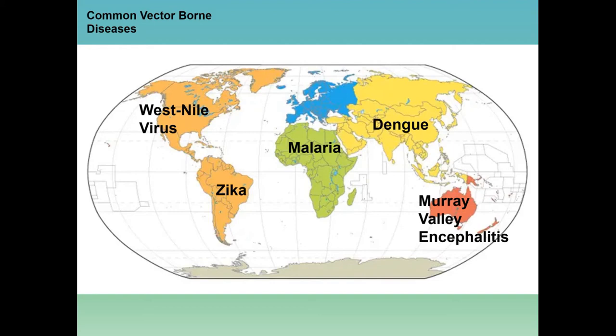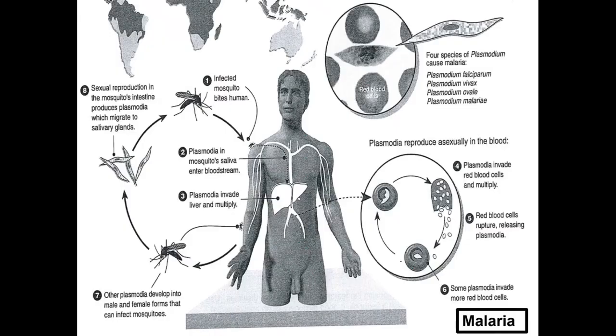And I thought it gave you a nice balanced view of some of the different vector-borne diseases. The example I've chosen to do is malaria. It's close to my heart. My sister developed malaria when we both travelled to Ghana back in the day, and so it's